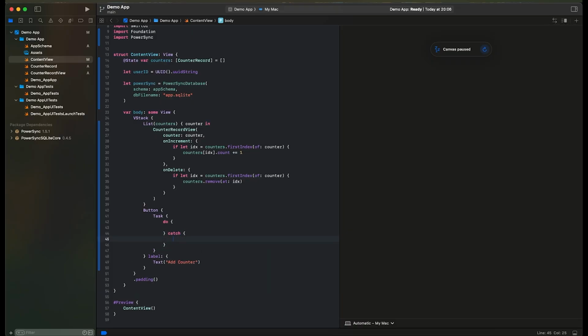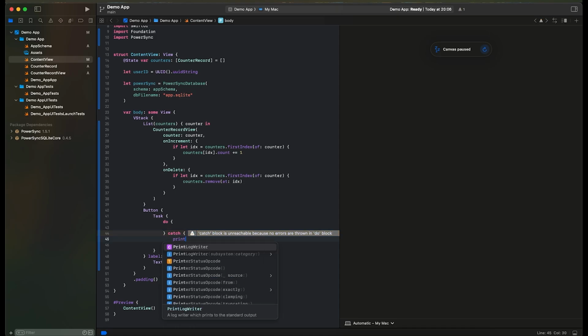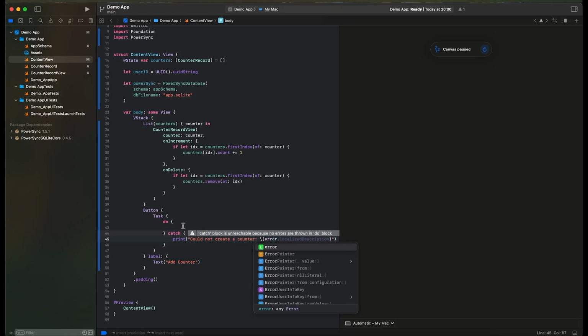For the purposes of this demo and for easy debugging, we're just going to print any caught errors to the console. In this case, we could not create